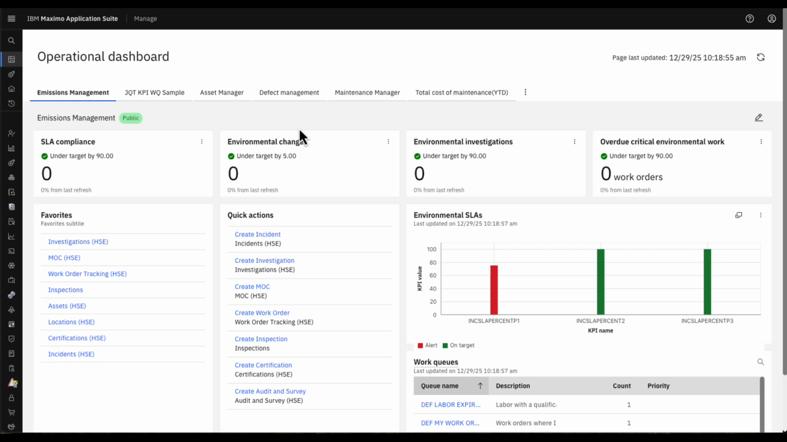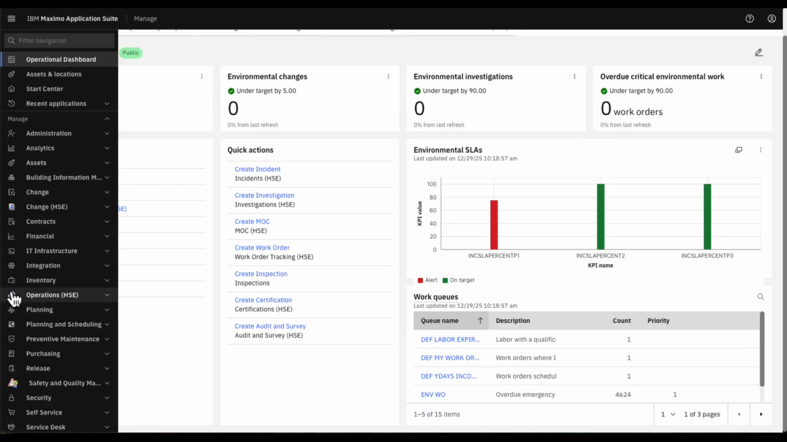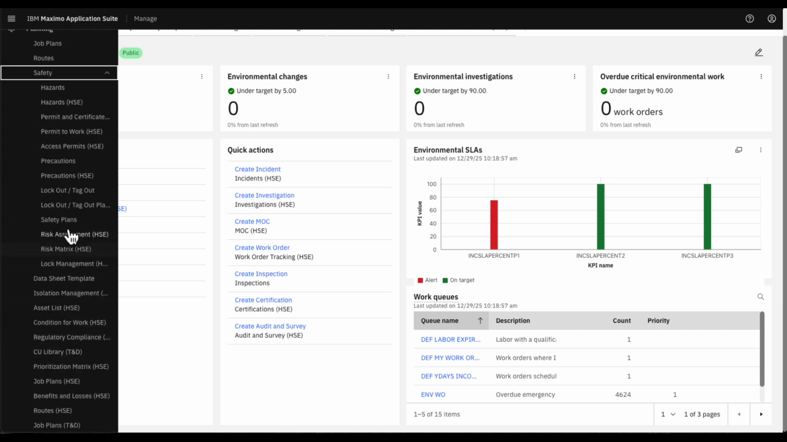Okay, so let's see what we need to do behind the scenes. So I am in Manage 9.1, and I'm going to go over to the planning area. So here's planning, here's safety, and the first thing I'm going to do is make sure that I have hazards and precautions already defined. I'm going to start with hazards,